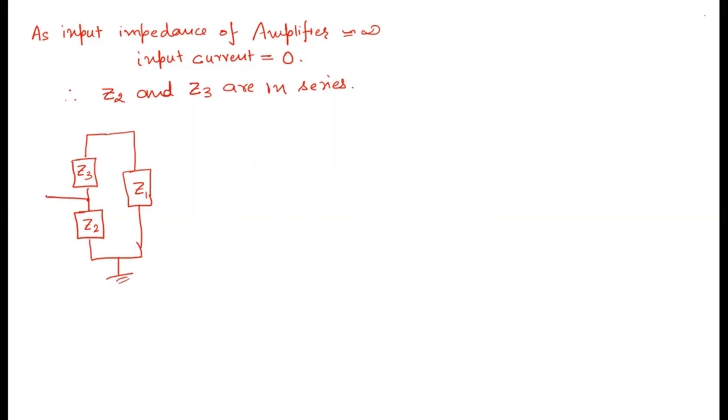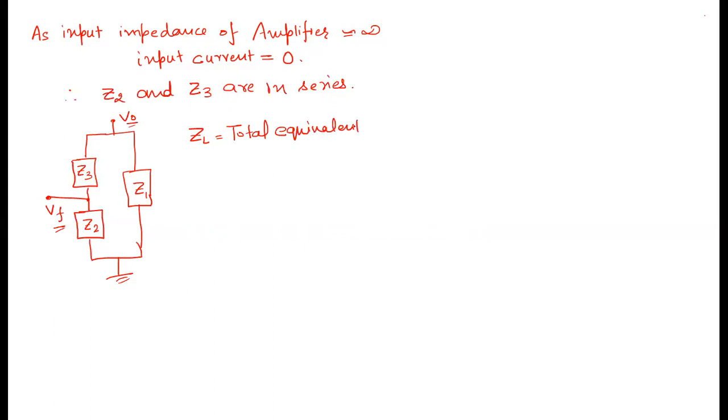And here we have VF, that is the feedback voltage, which is connected to the input of the amplifier. Here we have V naught. Hence, if we say that ZL is equal to the total